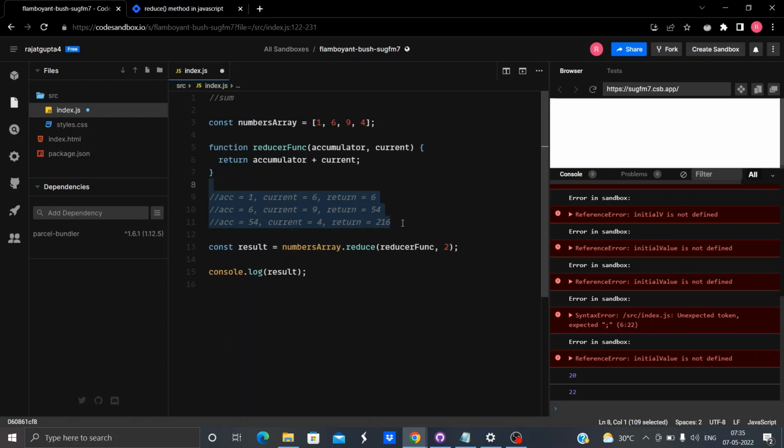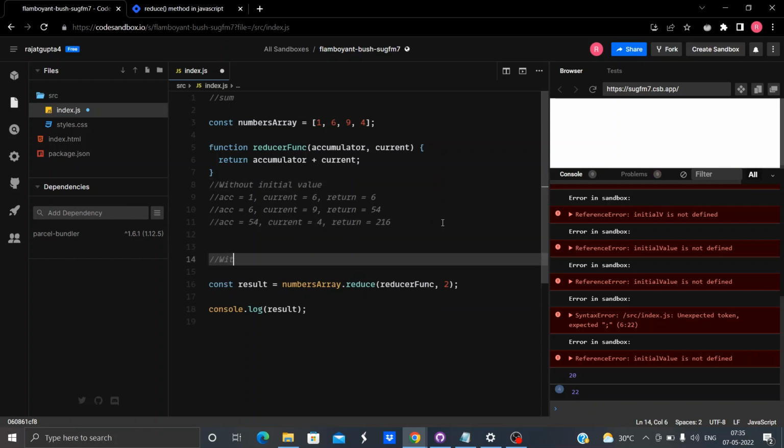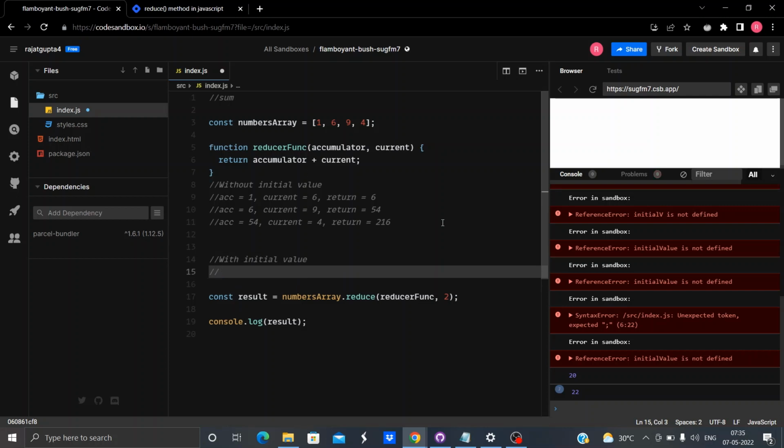You guys remember here what we are doing is, here there was no initial value, or rather I will say without initial value. Now let me tell you what happens when initial value is provided, because I just told you initial value is an optional argument, there is no necessity on you to provide it, but if the question demands it, you must provide it. Here there is no need to provide it because we only want the sum of this array, but I am providing initial value here so that you guys could understand what this initial value does.